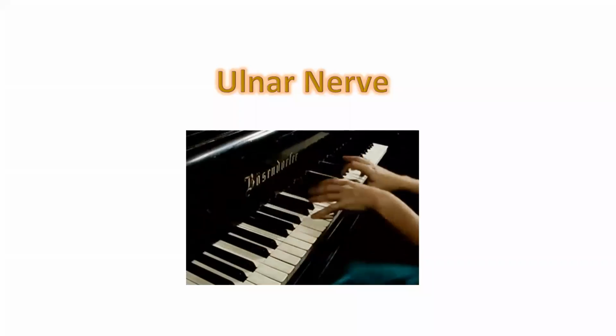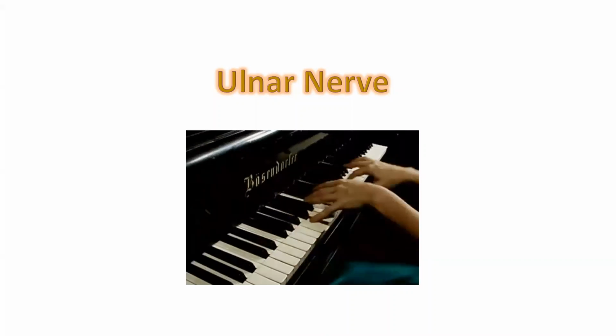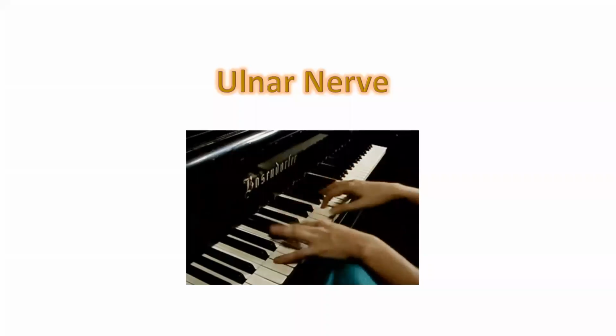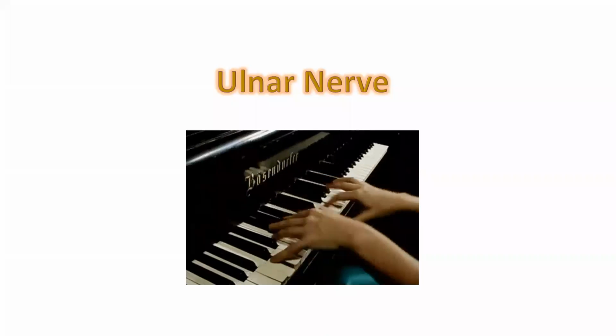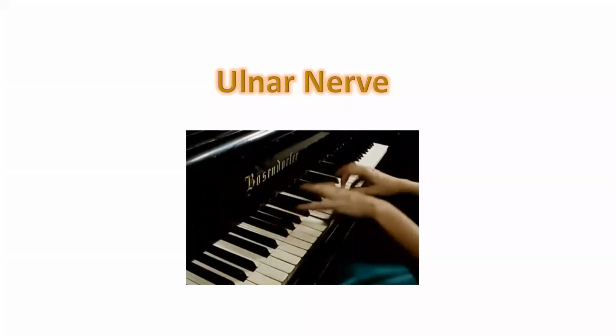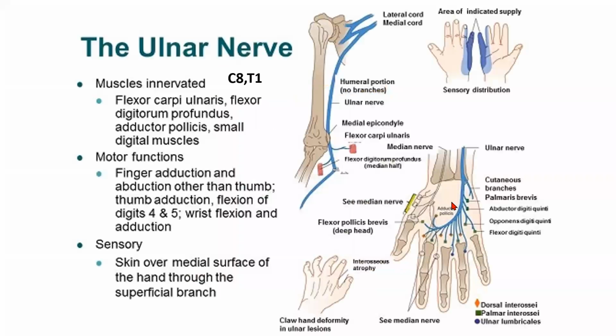So this is called the musician's nerve because of the fine, intricate movements of the fingers. The median nerve is for forming a fist and hard grips, right? Actions which involve powerful movement need the median nerve, whereas actions which involve fine movements need the ulnar nerve. That's why the ulnar nerve is called the musician's nerve. A brief review of the anatomy. Like the median nerve, the ulnar nerve doesn't have any branch in the arm. It is derived from the C8 T1 nerve roots, and it continues as an extension of the medial cord, right?